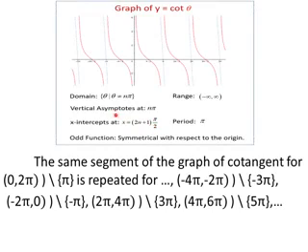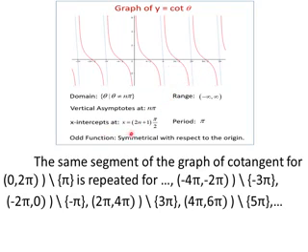Graph of y equal to cot theta. The domain of cot theta is the set of all theta such that theta not equal to n pi, or R difference the set of all n pi where n is an integer. Range is equal to minus infinity comma infinity. That is, when we replace x by this value, y value lies between minus infinity and plus infinity. The vertical asymptotes are at x equal to n pi. That is, x equal to 0, pi, 2 pi, etc. You can see here x equal to 0, pi, 2 pi, etc. It will be going on.